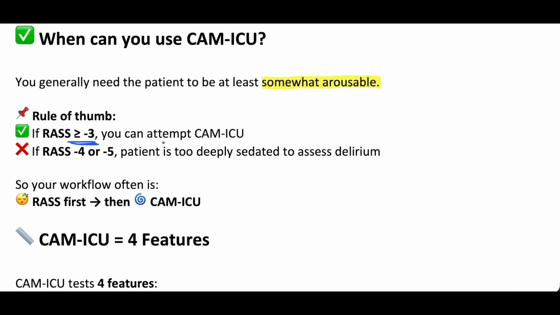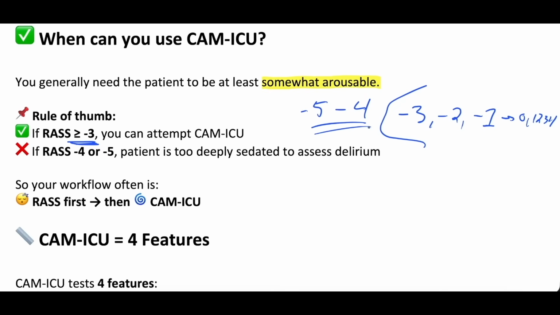And that's confusing because there's greater and negative in the same sentence. So it has to be -3, -2, -1, or 0, 1, 2, 3, 4, right? It cannot be less than -3, so the patient cannot be a RASS of -4 or -5. And remember that RASS of -4 is that they're only arousable to physical stimuli. RASS of -5 is that they're not even arousable to physical stimuli. So you can't use this tool in patients that are that